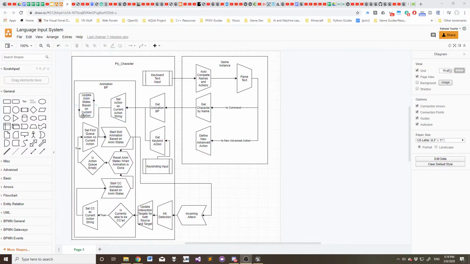The update animation states based on current action detected that the current action string is no longer none. It sees that it is Sky Strike, and then it sets the is using Sky Strike boolean to true, and the animation state machine then transitions to the Sky Strike state on the state machine, and once it enters that state, it triggers the initialization